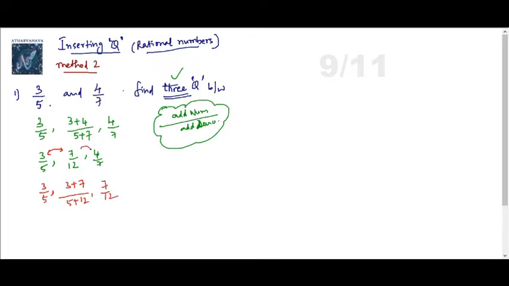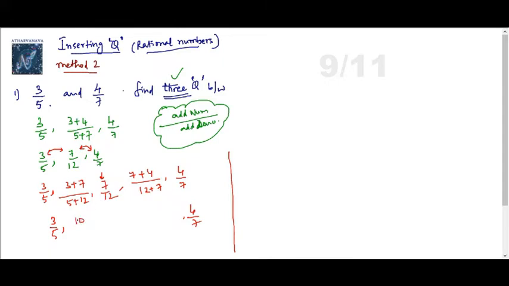Now between these two also I can find one. I'll write the 7 by 12 as it is, and then I'm writing 7 plus 4 by 12 plus 7, comma 4 by 7. You can find 3 numbers already, correct? 3 by 5 was the given number, 4 by 7 was the given number, and in between these two I have added 2 already. You can do this in one step itself if you are comfortable. If you are not comfortable, do this first. You get the solution. I'll show you that in a moment, but let me finish this one.